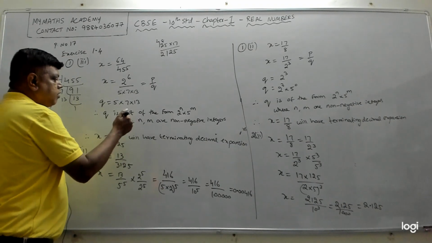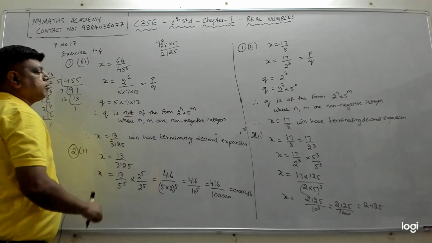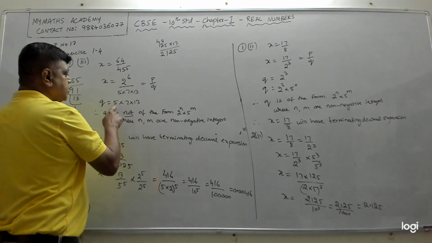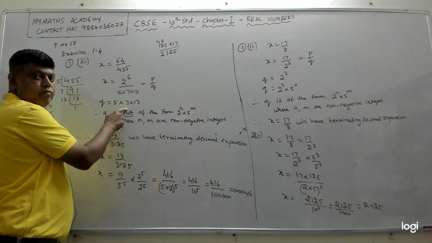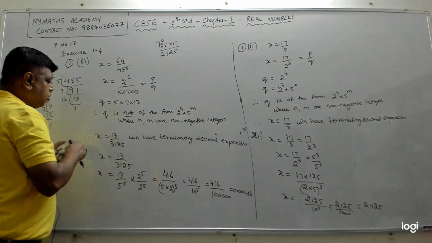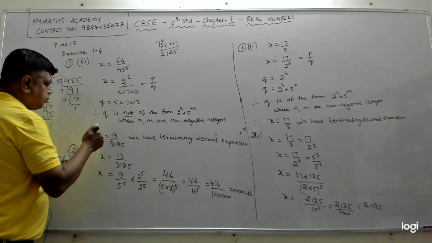But q is not in the form. That's why we say q is not of the form 2 power m. It is not like 2 power n into 5 power n. It's not like 2 power something into 5 power something. So therefore, we can say by theorem